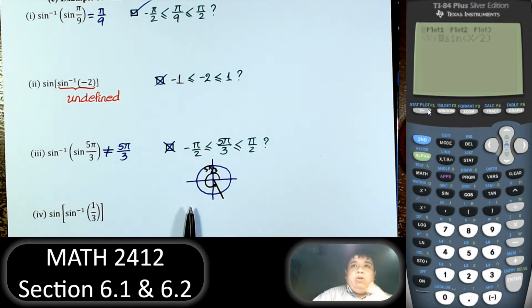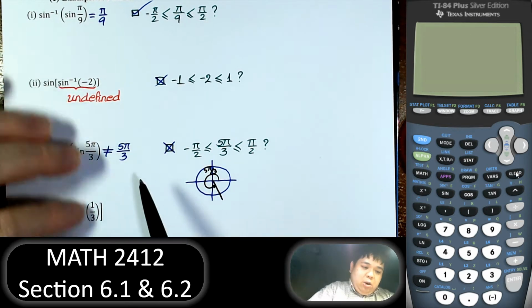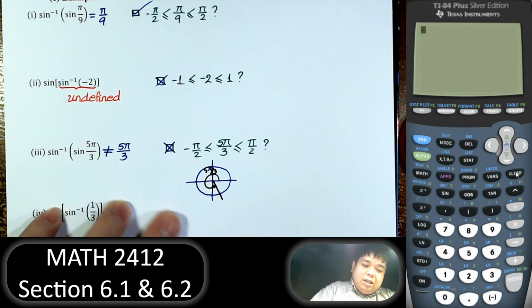I think the calculator has a problem. It has to reset everything. Right. So 5 pi over 3 is that. Now